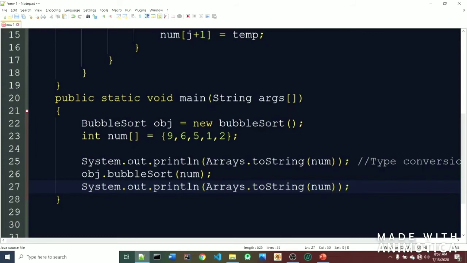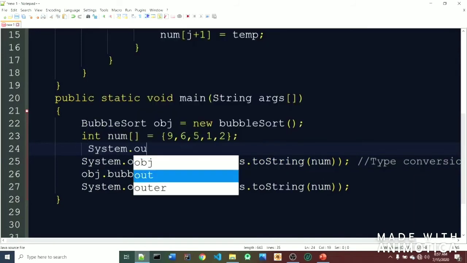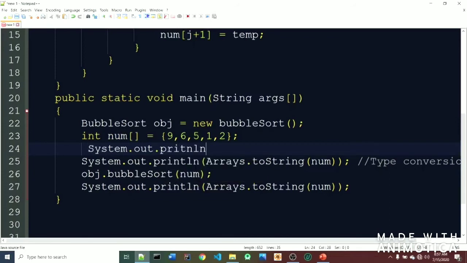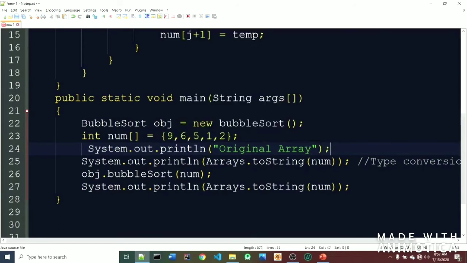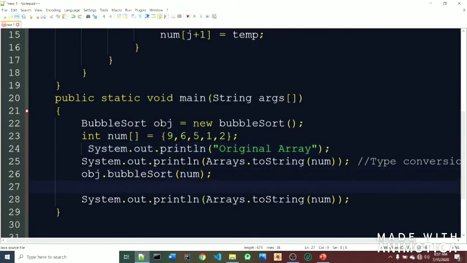Okay, as this will be printed on the console, let's define here System.out.println, original array, this is the original array, and after sorting System.out.println, sorted array.